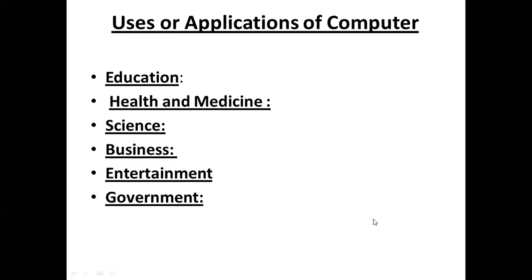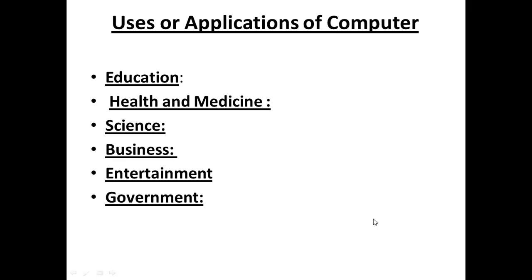First is education. As we know, now it's digital education. Now education completely depends upon computers. Computer is everywhere, in our labs, in our classes. Now we are doing the projects, we are attending the online classes on the computer. It means computer is very, very useful in education. We can get information from the computer, like we can attend multiple webinars, FDPs, seminars, expert lectures. Even we can listen to classes related to our subject on YouTube. It means computer is everywhere in education.